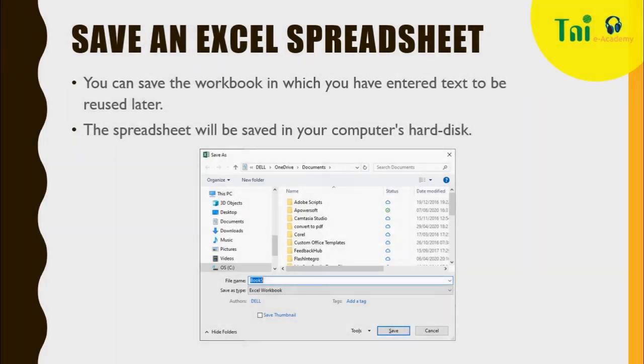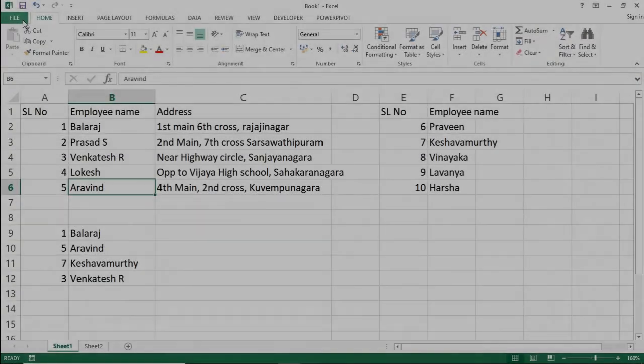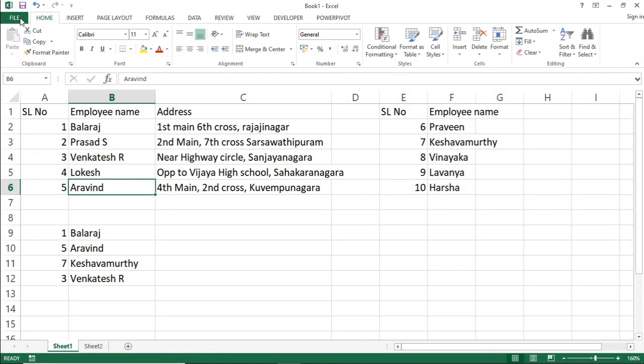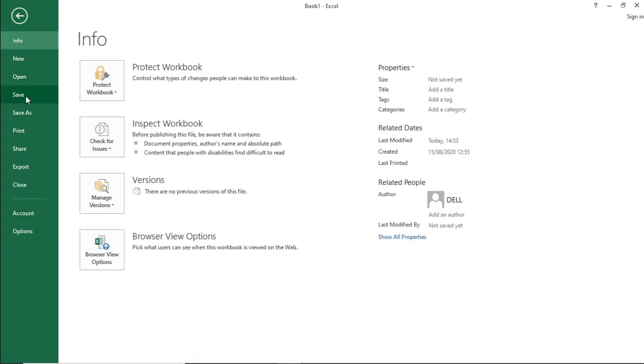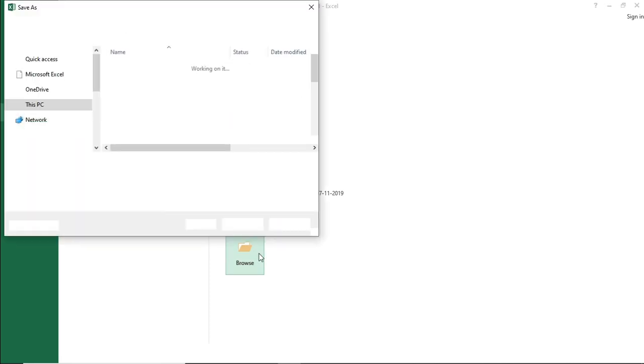Save an Excel spreadsheet. You can save the workbook in which you entered text or information to use it at a later stage. The spreadsheet will be saved on the computer's hard disk. You can provide the path where you want to save the file. So click on the File option, or you can click on the Save button, click on File, then use the Save option and browse for the folder where you want to save the file.